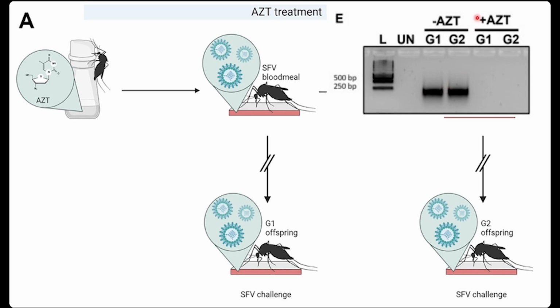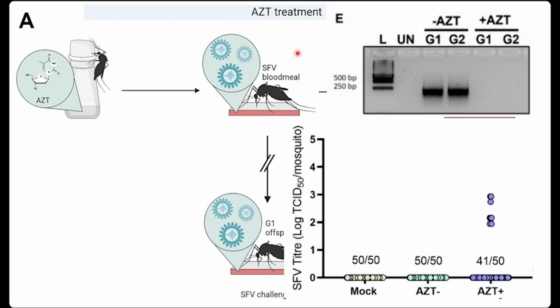But when you actually use AZT in their blood meal with SFE, well, actually, no, this is in their sugar ball. So this is actually before they're infected. Their transposon activity is knocked out. The AZT positive shows that they're not able to produce these episomes, these plasmids that are able to block viral infection. So that's why they're looking at AZT, because it's a system that's actually blocking this whole system that they want to look at.